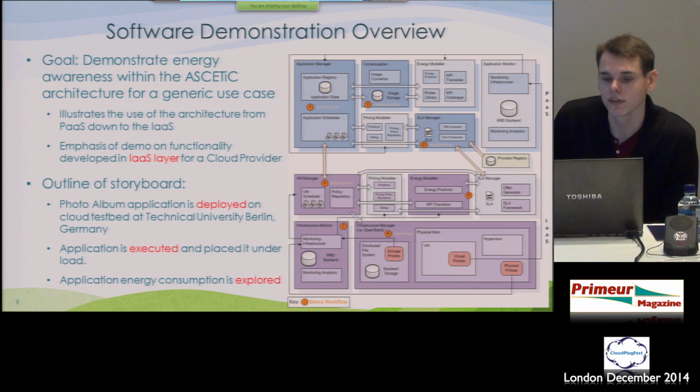We have several components that interact within our architecture to deploy an application with energy awareness in mind. The first is the application manager, which is the starting point in this demonstration, that basically assesses the needs of an application and tries to find a suitable provider. This isn't something that I'll show in any depth, but it's a capability that we have in the toolkit. So the idea here is that eventually we'll be able to select the best energy efficient provider for a given application's